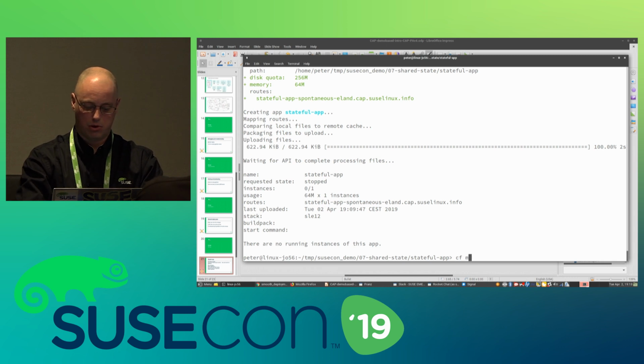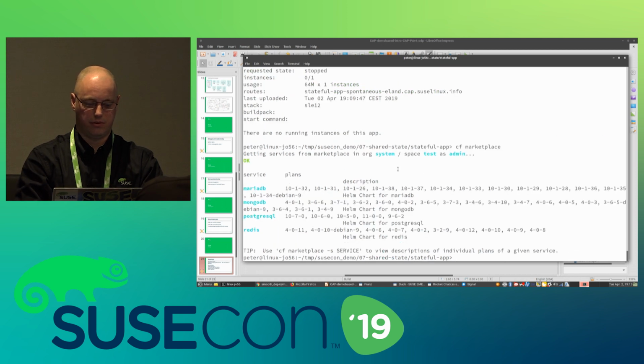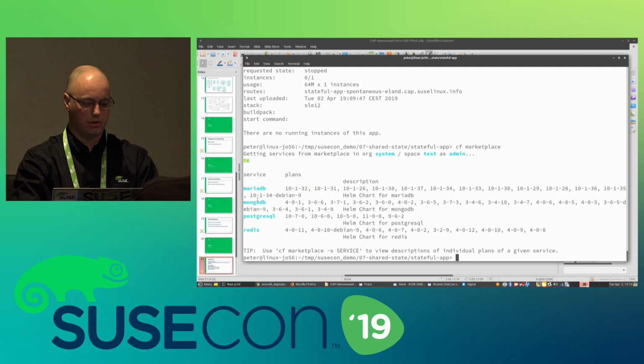So we have something called Marketplace, cf marketplace. And one thing I really like with Cloud Foundry is also the commands are quite easy to understand. So here you can see that I have a couple of services installed in my environment: MariaDB, MongoDB, Postgres, and Redis, and different plans.